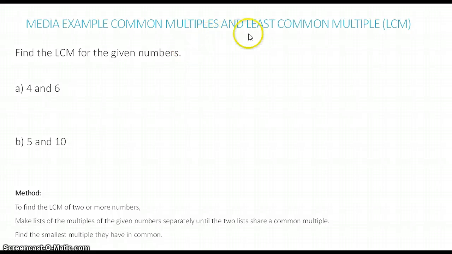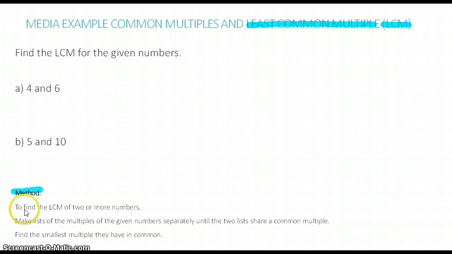In this example, we're going to be finding the least common multiple of a pair or up to 3 given numbers. And we saw in the packet that we're going to have a method. This is our first method of finding the least common multiple, or the LCM. So let's highlight. LCM stands for least common multiple. And our method is listed down here, and it's similar to what we did in the milk and peanut butter